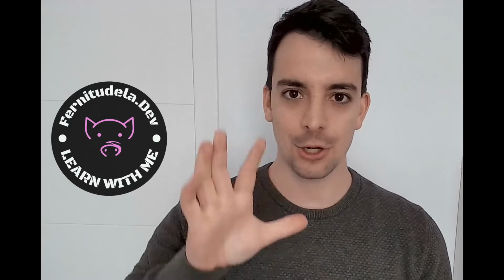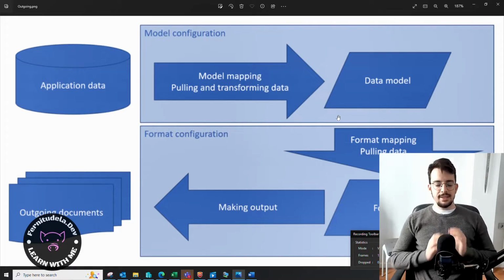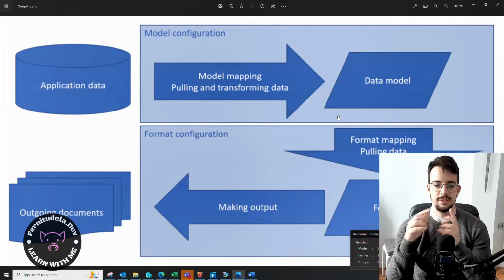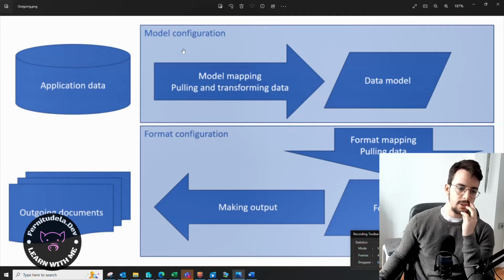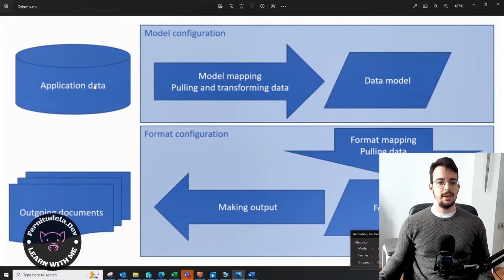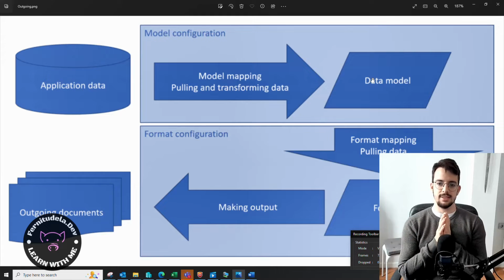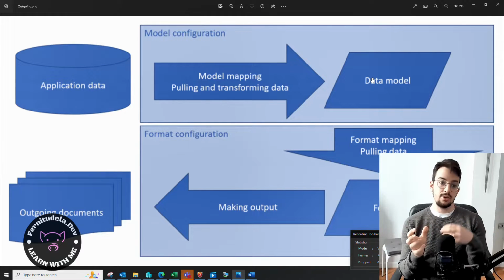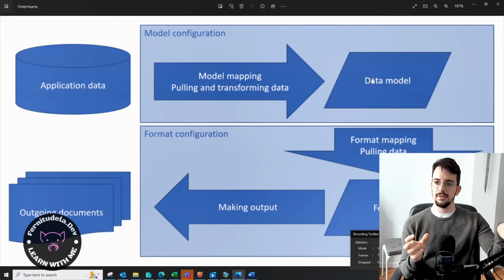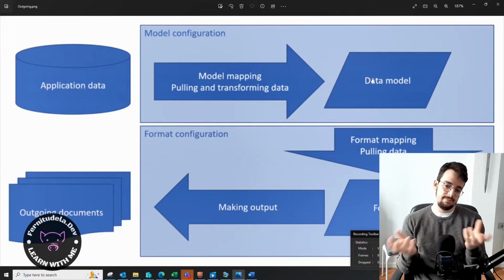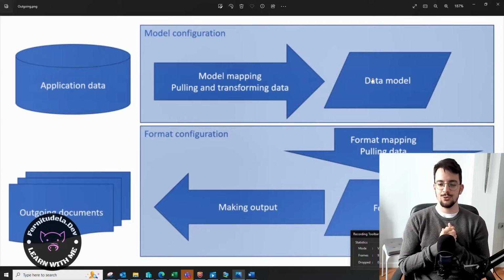So let's go. Here we are, and basically we are going to export, so it's this direction in the flow. We are going to start from the application data, that is the F&O tables, and map them with our model, that is our data contract. It's an empty structure that we are going to populate directly with the data in the F&O tables, and send it to the format where we are going to give format to our file,